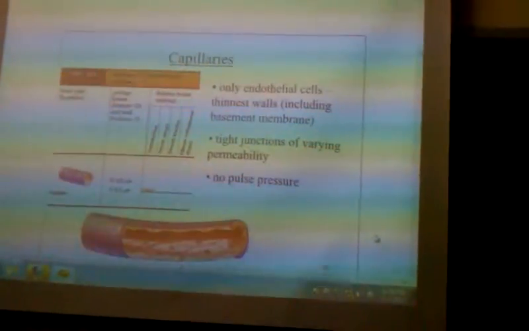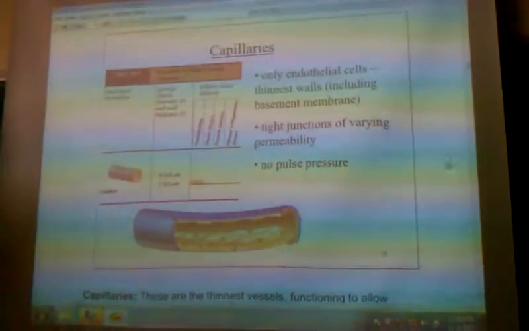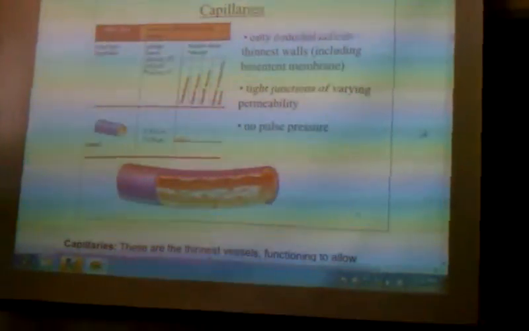Okay, so let's look at the very, very smallest vessel, the capillary. We've seen our arteriole, they will branch